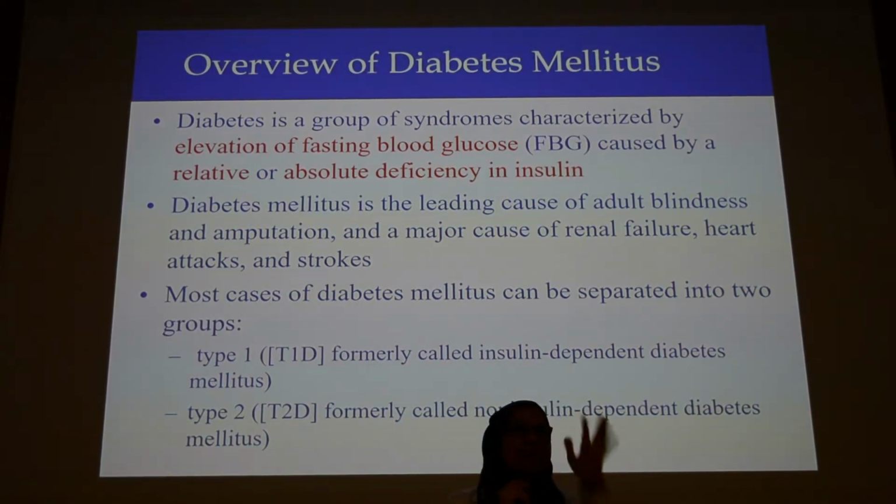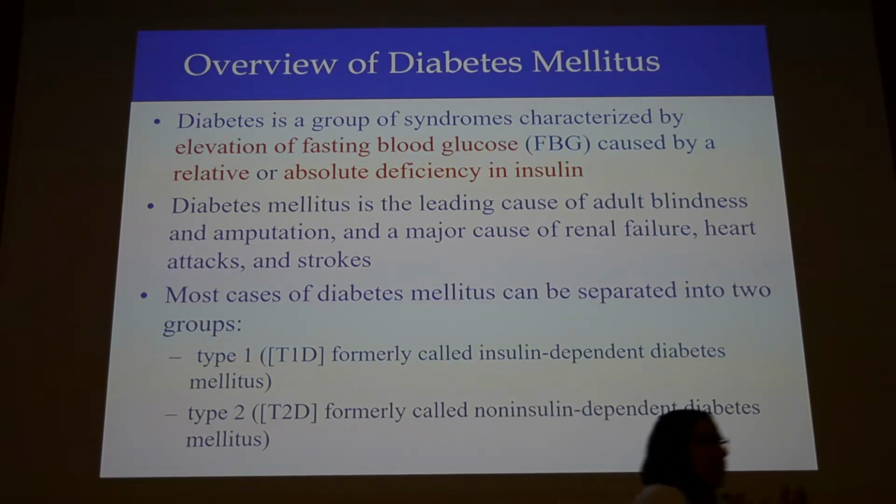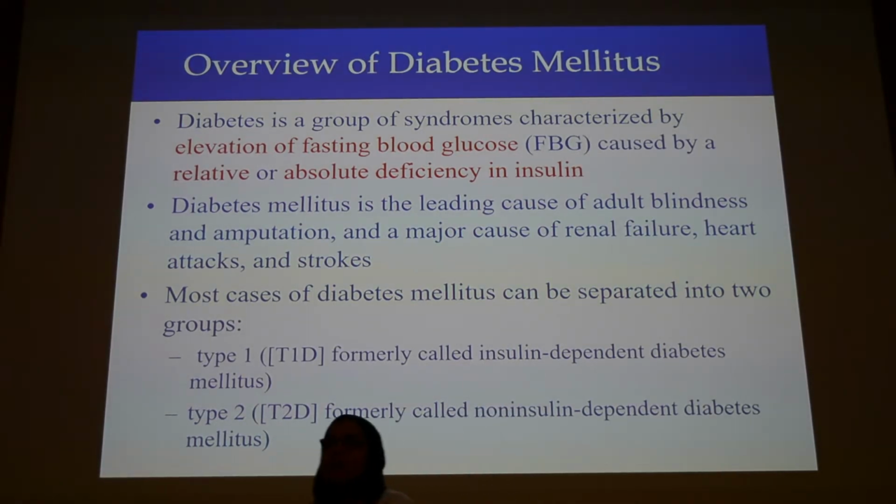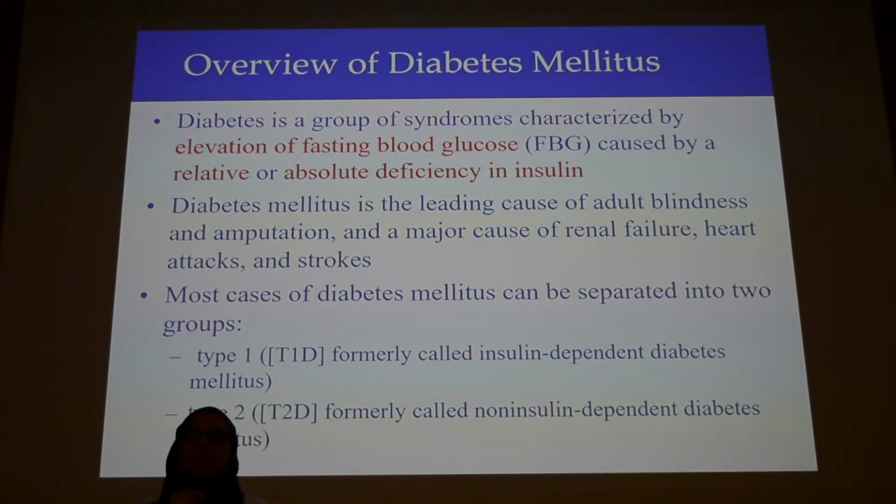What is the difference regarding insulin? What is the difference in insulin level between type 1 and type 2? In type 1, there is no insulin, and in type 2 it is normal or might be elevated. Okay, so in type 1 there is no insulin. Do you all agree? Yes. In type 1, it's an autoimmune disorder. The beta cells are destroyed, and these are the cells responsible for insulin production. So if we don't have the cells that produce insulin, then we will not have insulin. So type 1, no insulin.